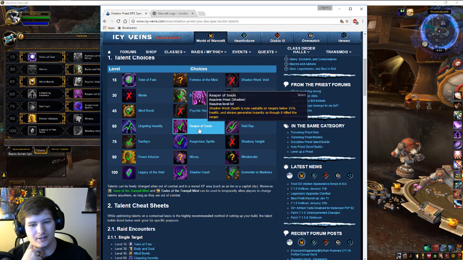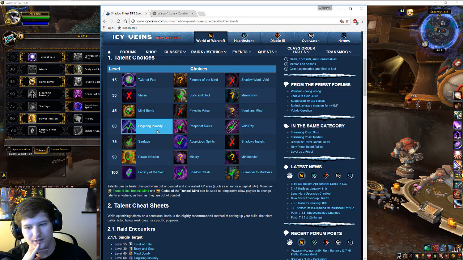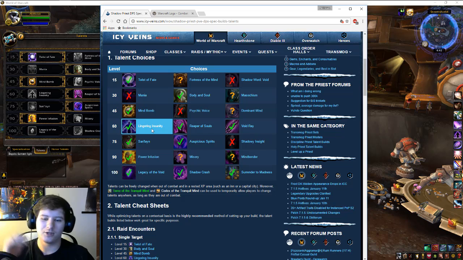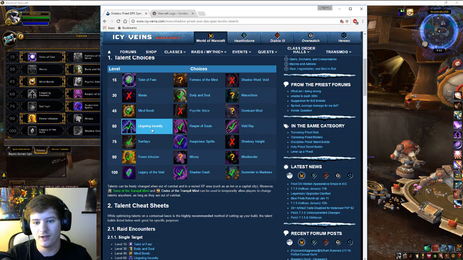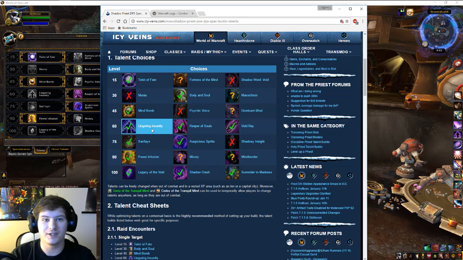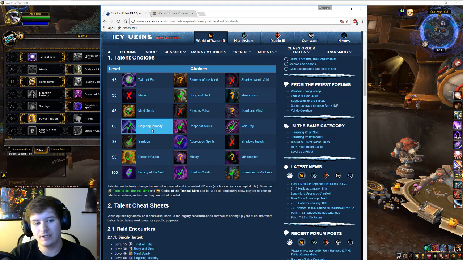The 60 tier line is very boss fight dependent on which one you want to use. Lingering Insanity. This used to be Void Lord. Don't care what Void Lord is anymore because it doesn't exist. Lingering Insanity was the buff you used to get during or after you exited Void form. That no longer is a passive, it is a talent. The current Lingering Insanity